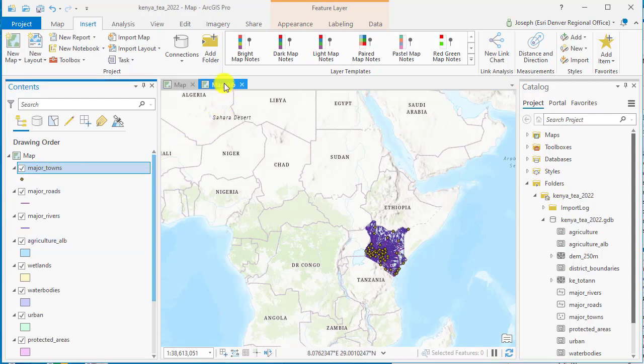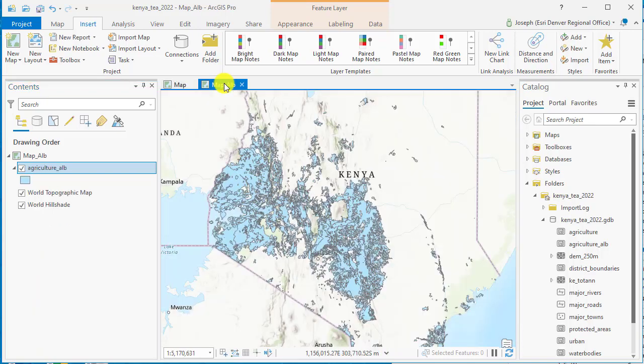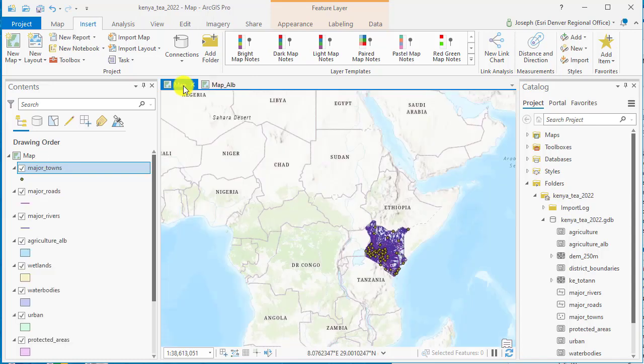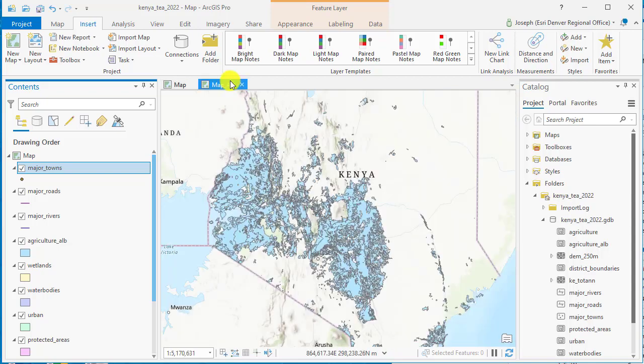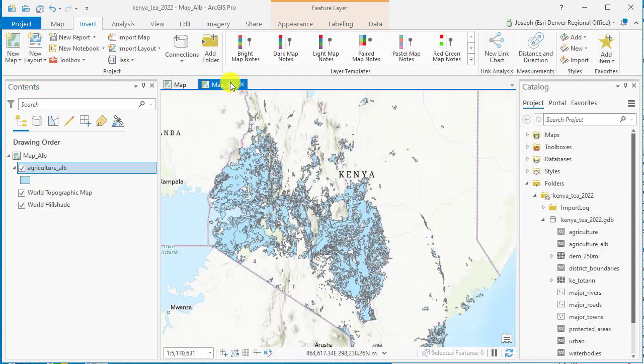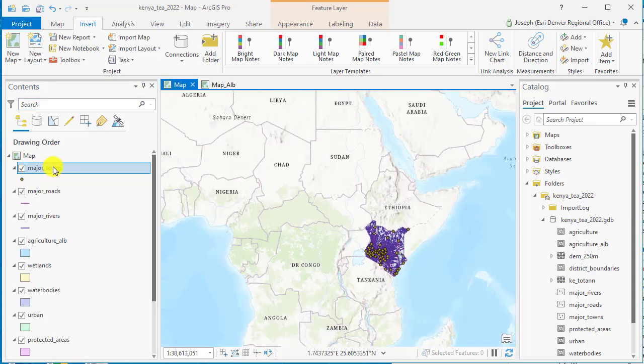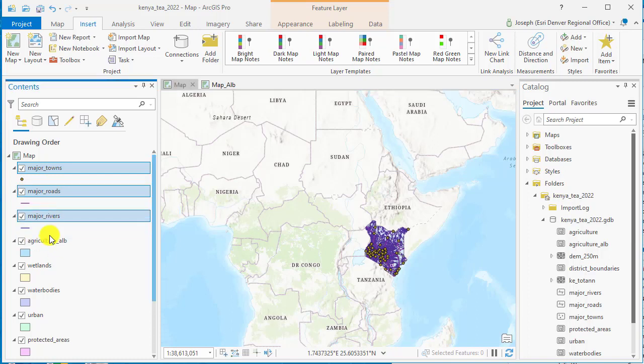The advantage to projecting each data set individually, like we did in the zebra mussels lesson, is that that projection is attached to that layer. It's part of that layer. When you're projecting on the fly, you're not actually changing the data sets per se, you're just casting them into a different map projection while you're working on them. So the result will be more spatially accurate measurements as we do our geoprocessing and our spatial analysis,